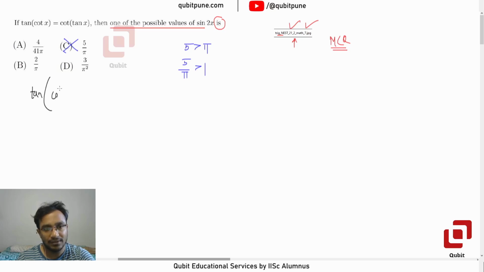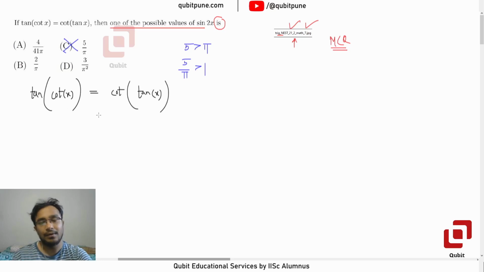So it's tan of cot x, equal to cot of tan x. So on both sides we have got composite functions with inner and outer functions being interchanged, right? An allied angle formula now will come to our rescue because on the left side we have got tan and on the right side we have got cot. Now both these ratios or functions are related by the following identity. What identity is that? That identity is tan of theta, whenever it is defined, is cot of pi by 2